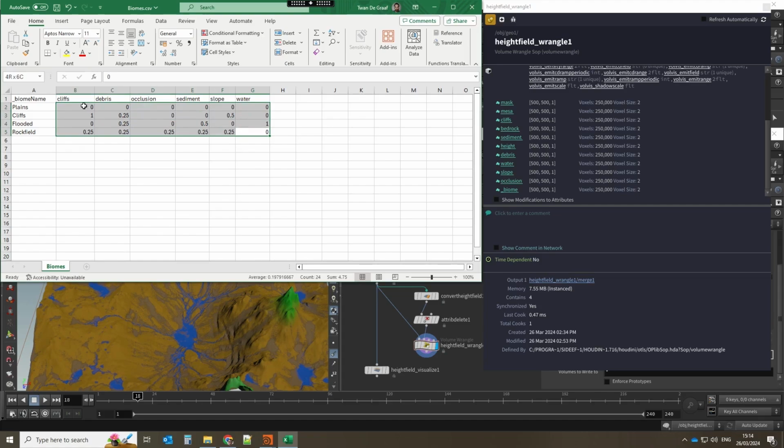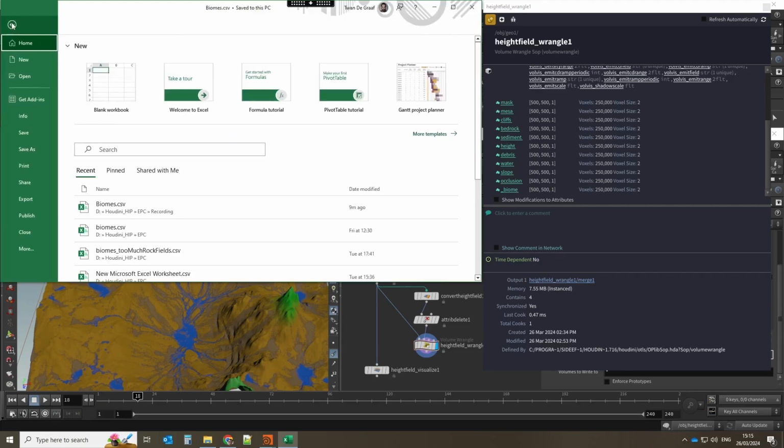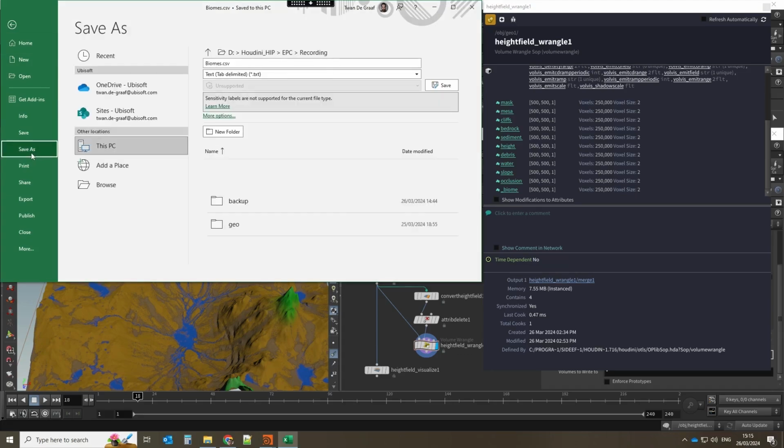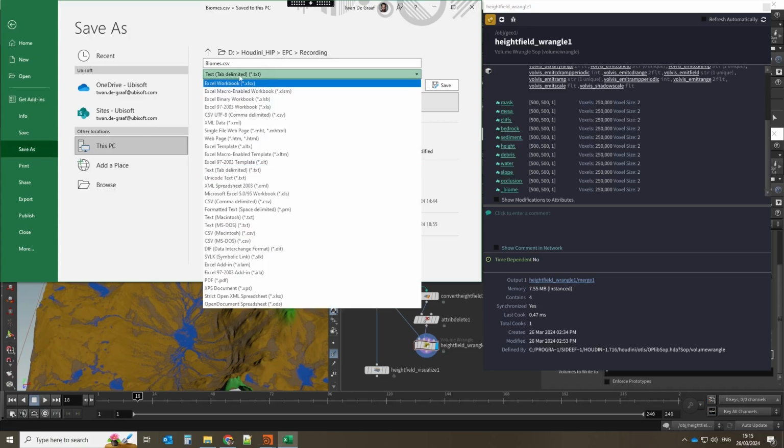So I just picked very arbitrary values. Feel free to experiment with them or slightly different values. So now the important part is to save. And in this case, I already made the file, but in case you're using Excel, I'm going to save as, just to be sure that, okay, so I'm not going to save as a text file, but I'm going to save as a CSV